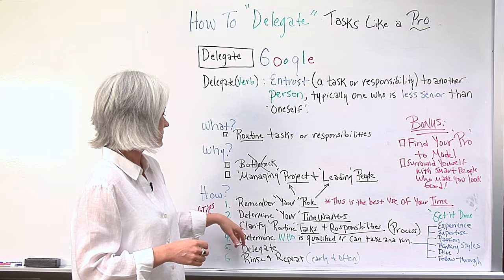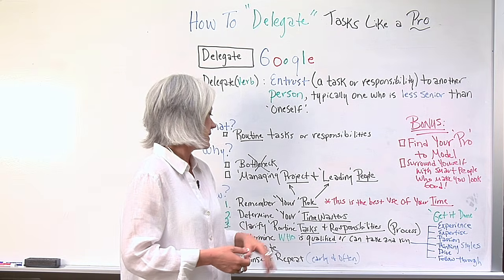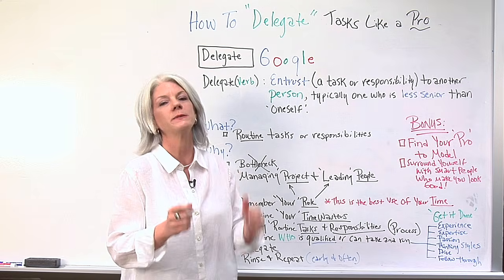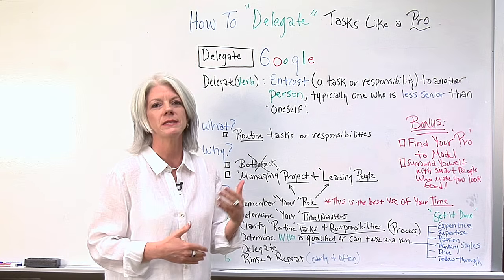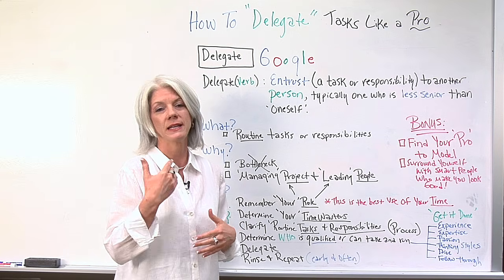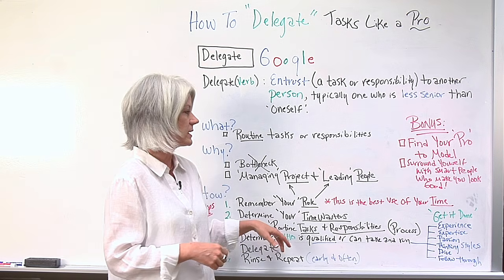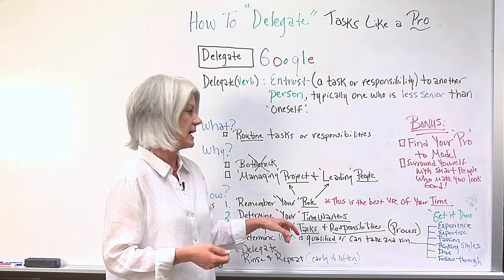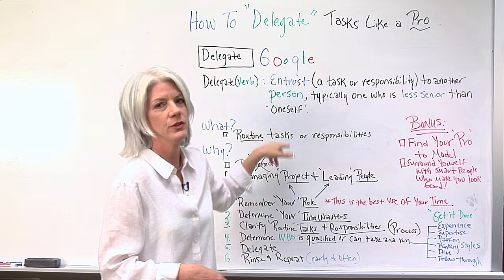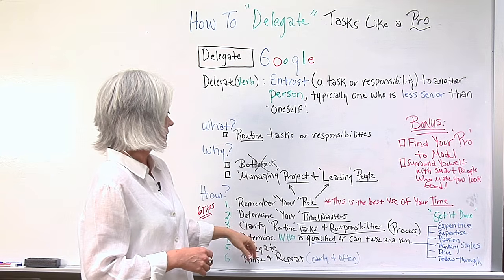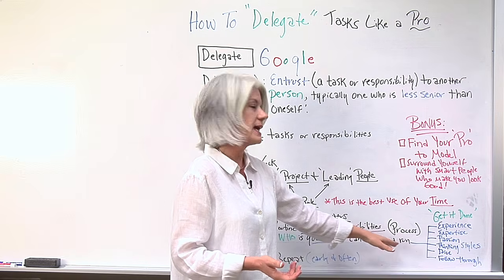to do instead. Number 3, clarify the routine tasks and responsibilities that you can delegate. And it's best when you have a process around those. So when it's routine, it's something that can be done over and over again, something that can be operationalized. It's clear, it's defined, it's determined how it can be done. That's the most easy thing to delegate because that's what you can give to someone less senior than you if you have a process. And determine who is qualified to do that or can take it and run with it